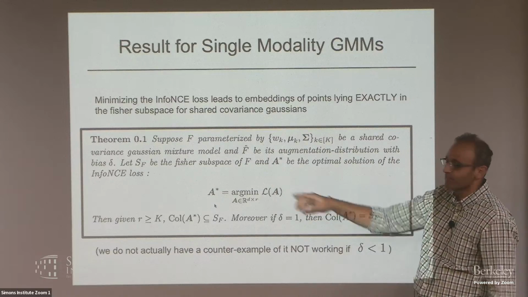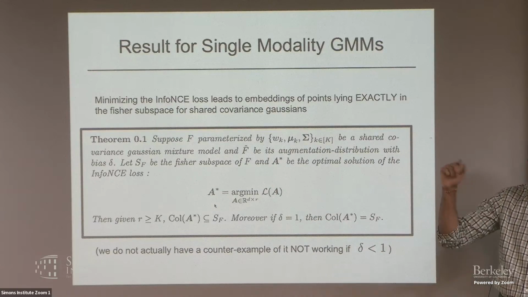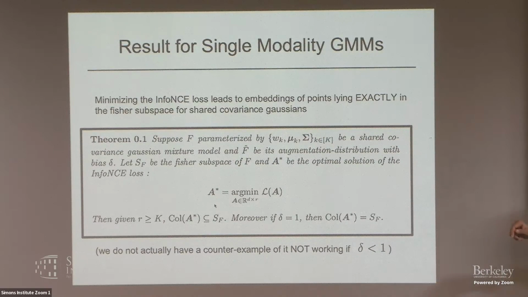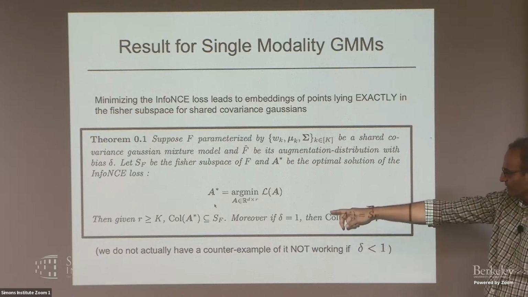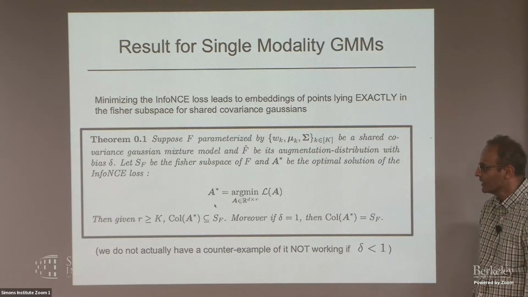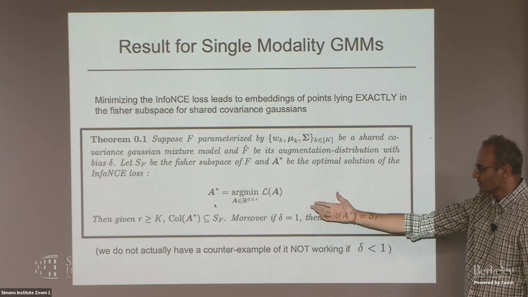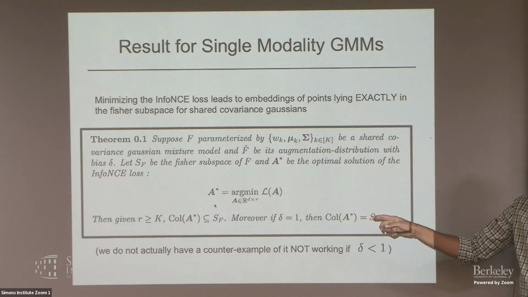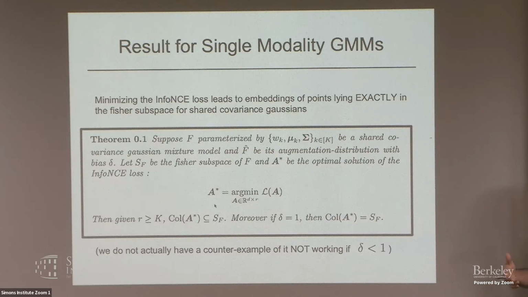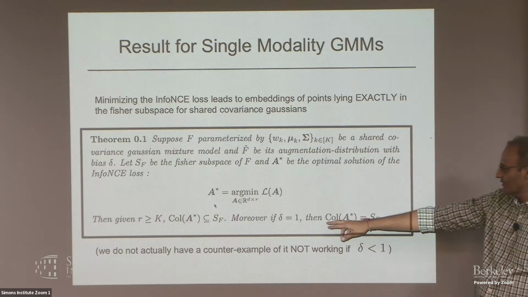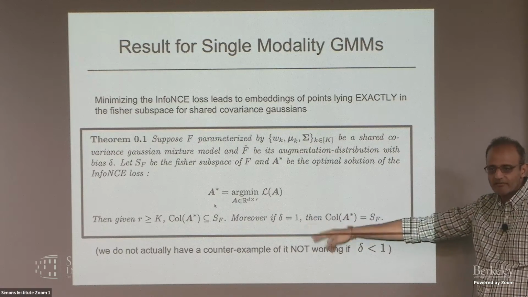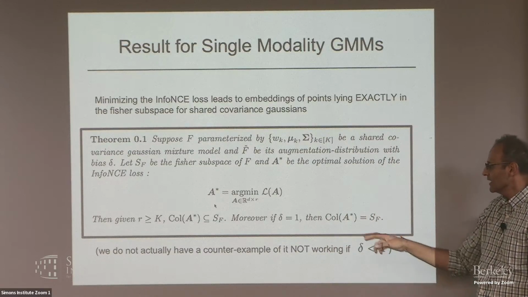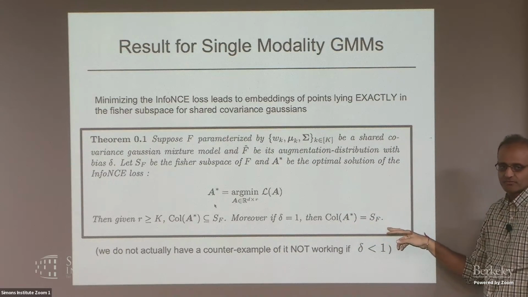And let SF be the Fisher optimal subspace, the span of sigma inverse mu's, right? So what this says is that when you have enough rank, when R is bigger than K, the column space of A star, your projection matrix, will be contained inside the Fisher subspace. So we will not learn any nonsense directions. If we have perfect augmentations, which means that every pair is guaranteed to be from exactly the same component, then your projection will be exactly the Fisher